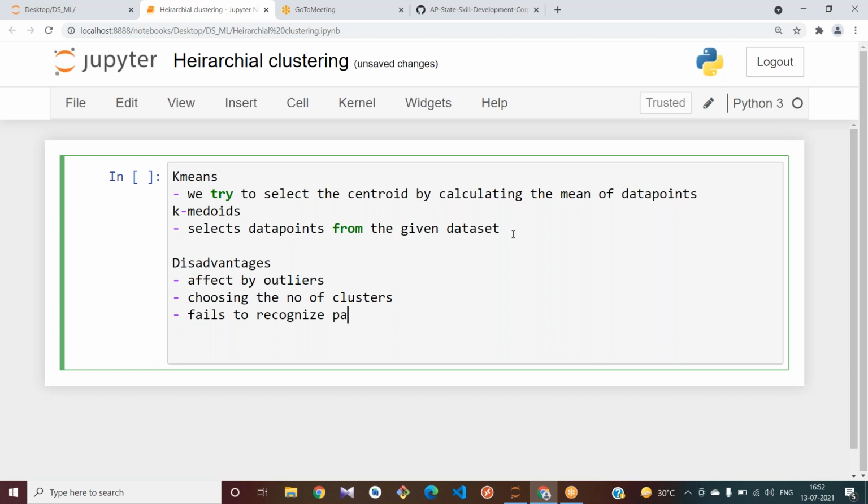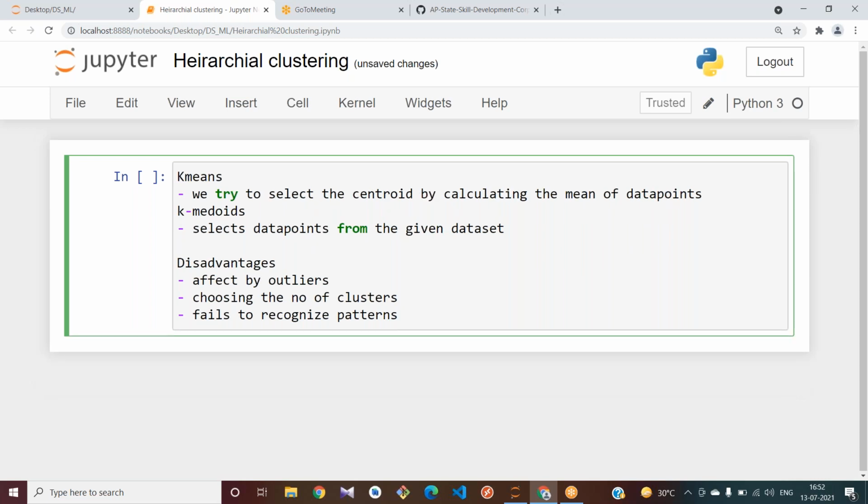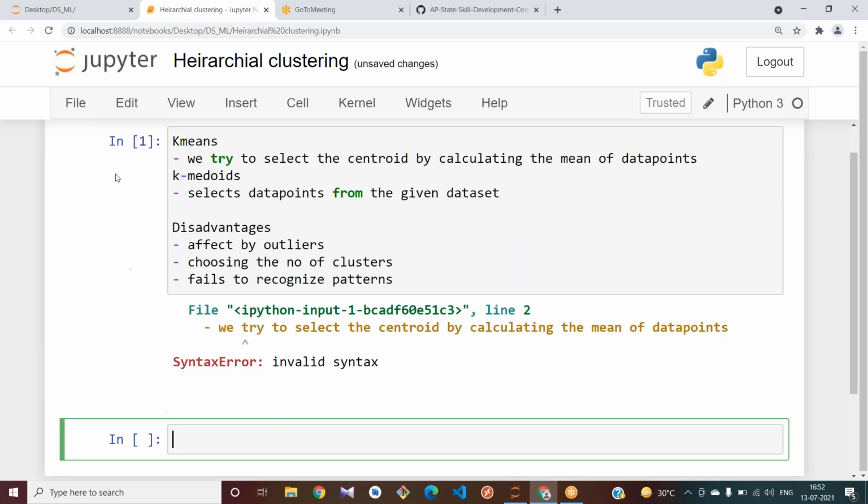For some data sets it works better and recognizes the patterns, and for some it won't. These are the disadvantages we generally observe in k-means or k-medoids. Then coming to hierarchical clustering,